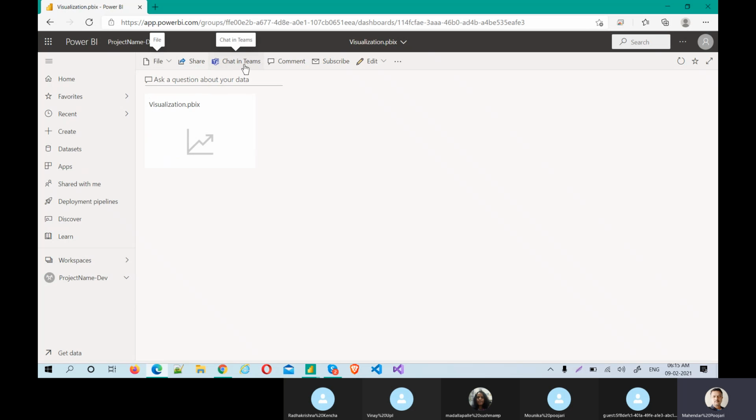Chat in Teams is just like WhatsApp, where you can chat with the groups. Okay, and you can give a comment also. Okay, giving feedback, like let's say I'm not seeing this country, let's say I'm not seeing this data, I can just directly give a comment, or you can talk about the business. Okay, the highest business is actually done by India, something like that.